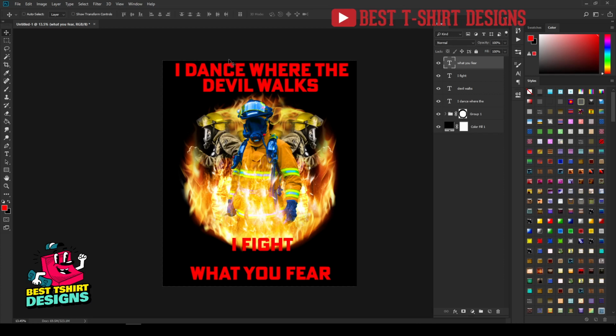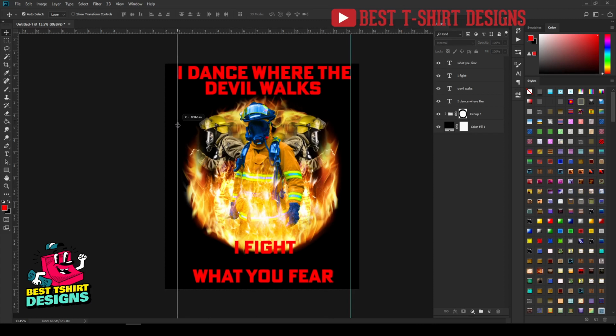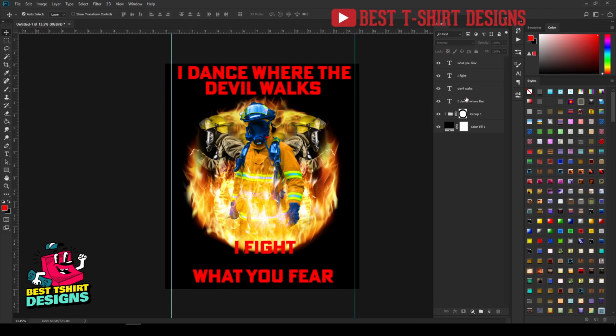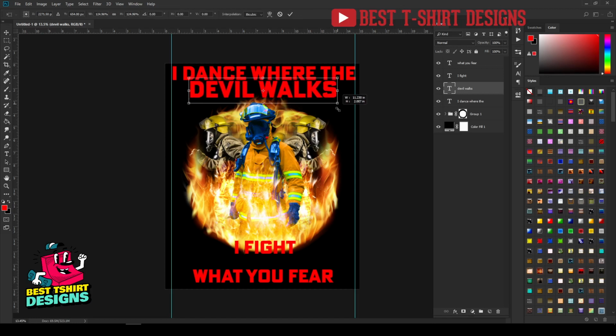I can bring some rulers in, like let's say I want to make that the outer, I want to make that the width of my design, or simply I can make it a bit wider because there is space. So that is fine. "I dance where the devil walks." So "I dance where the," I can make it a bit bigger like this, then maybe a bit leftward. So that is fine. And then "where the devil walks," I can simply bring that a bit down, and then I want to make it a little bigger than how it is right now,